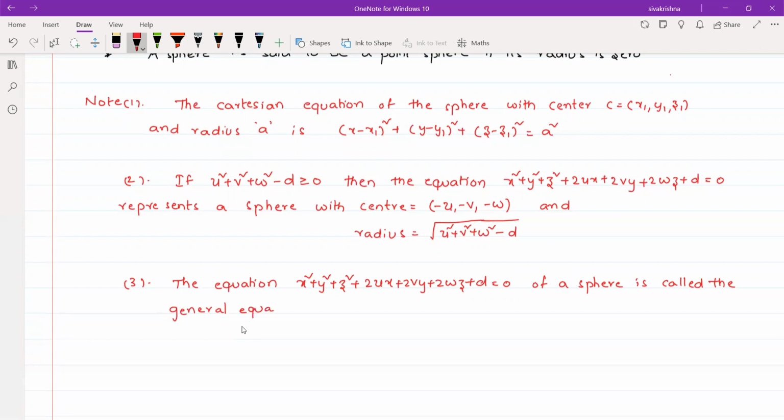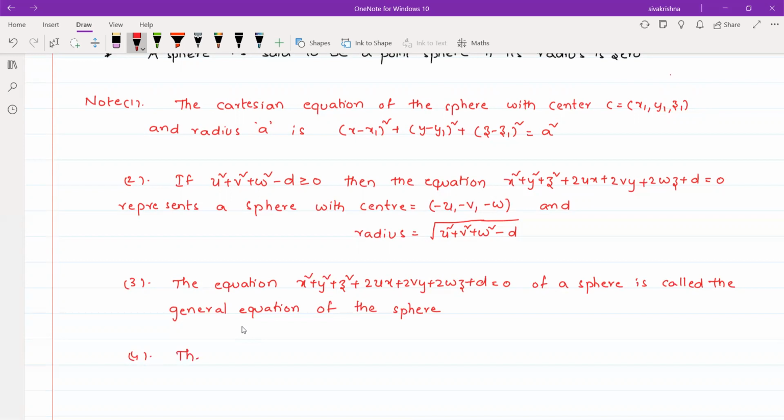Okay, so we call this particular equation the general equation of the sphere. If you want to write the general equation of the sphere, then we have to write this particular equation. Okay, right. Coming to the fourth note point,